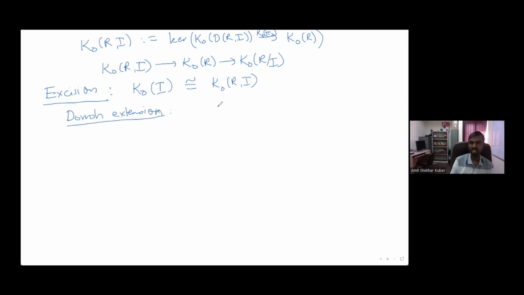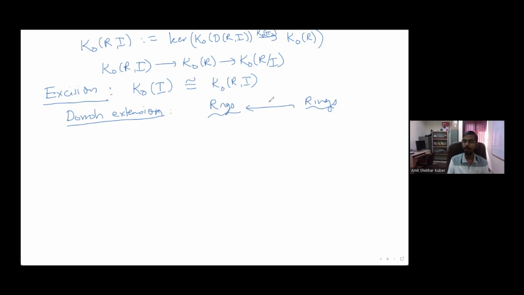So what is Dorroh extension? Given I, I'm just going to write a functor and then you will understand what I'm doing. All rings with unity are contained inside rings which possibly do not contain unity. Unity is identity, so identity can be abbreviated as I. Therefore, this is the category of rngs. They don't necessarily have identity, that's why rngs. So rings are contained inside these rngs,